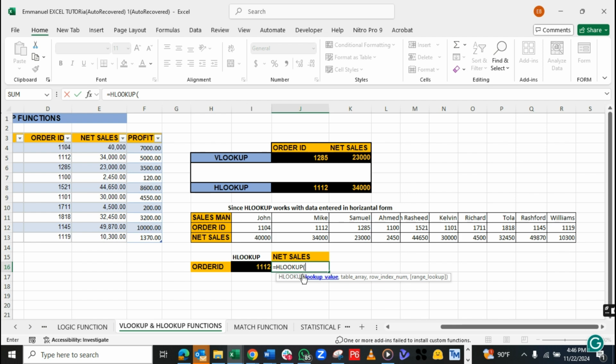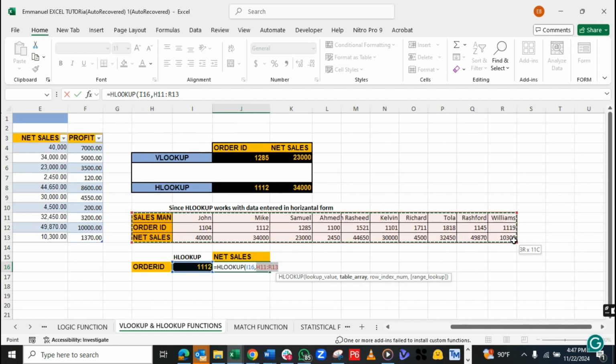Okay. So the lookup value will be our order ID that we select, then comma. The table array is asking us for the table array. Let's come here and select the table array. Just select everything, then comma. Now we can see that in this place, it asks us for what? Unlike in VLOOKUP, which will ask you for column index number, instead